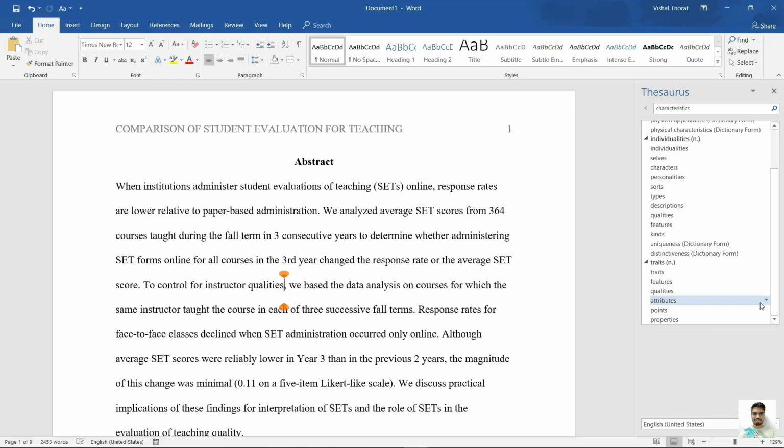And the best part is both these options, proofing and thesaurus, work without internet. So even if you are offline, you can always take help of proofing and thesaurus options which are available free of cost. If you are connected to internet, the Office store will help you to get a free or premium dictionary which can help you to find the meaning of a selected word.